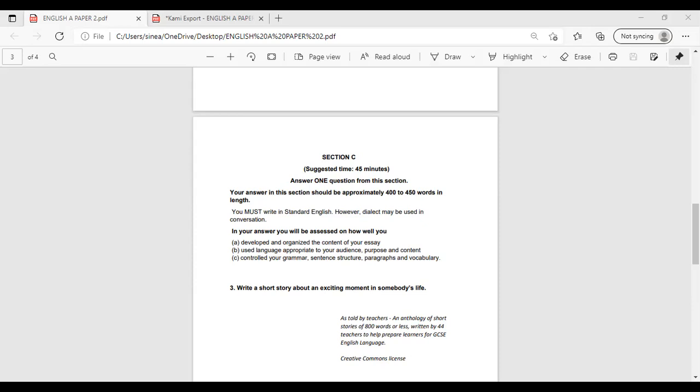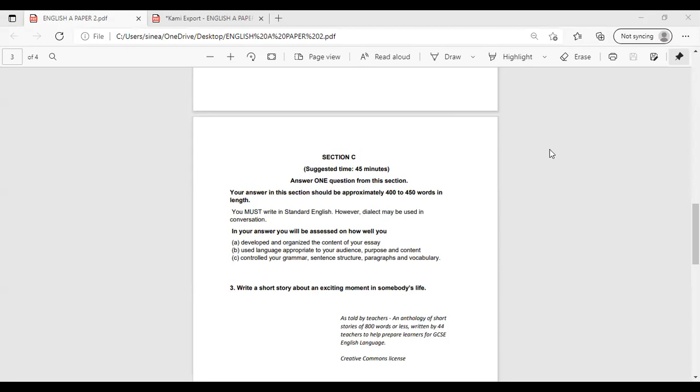Okay, so let me go on to show you a sample of a short story that I have selected for you. I hope that you will see my screen just now, but I have a feeling that I forgot to share my screen. Anyway, we are looking at section C, which is our narrative writing section. The suggested time is 45 minutes. The instructions